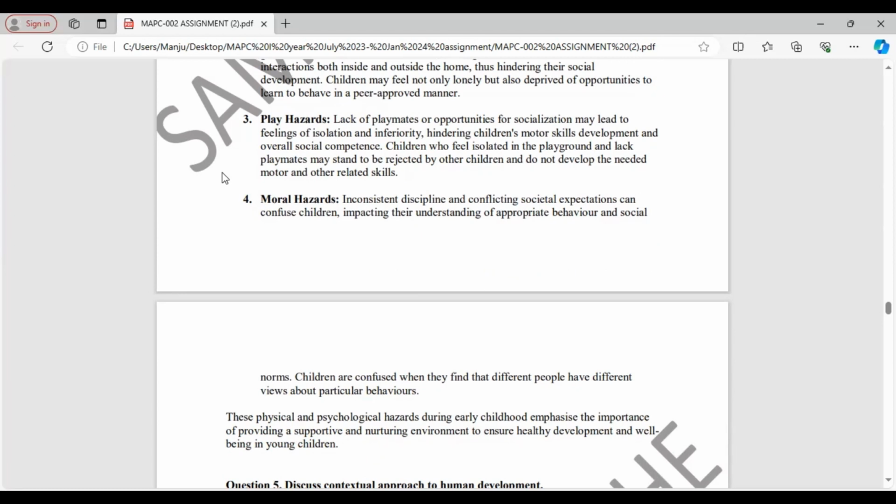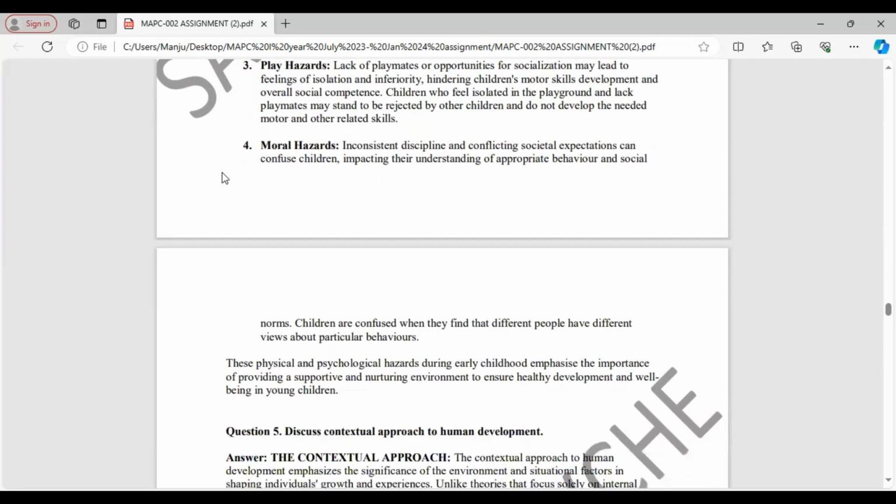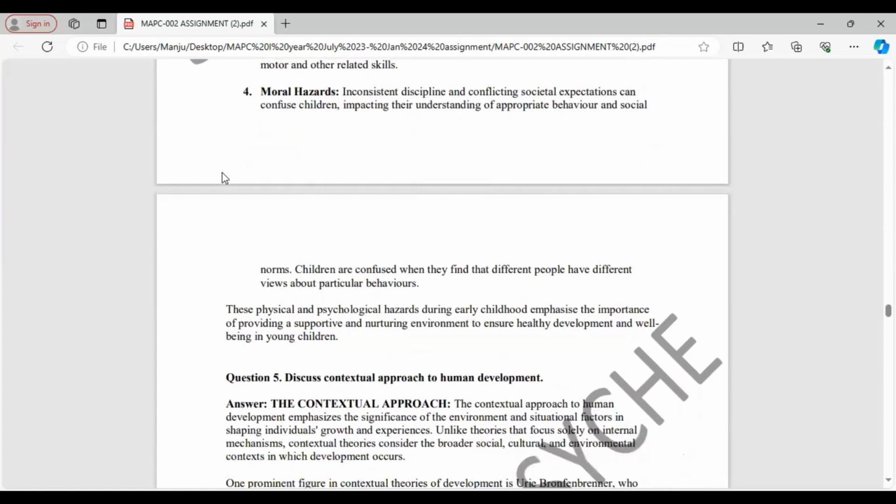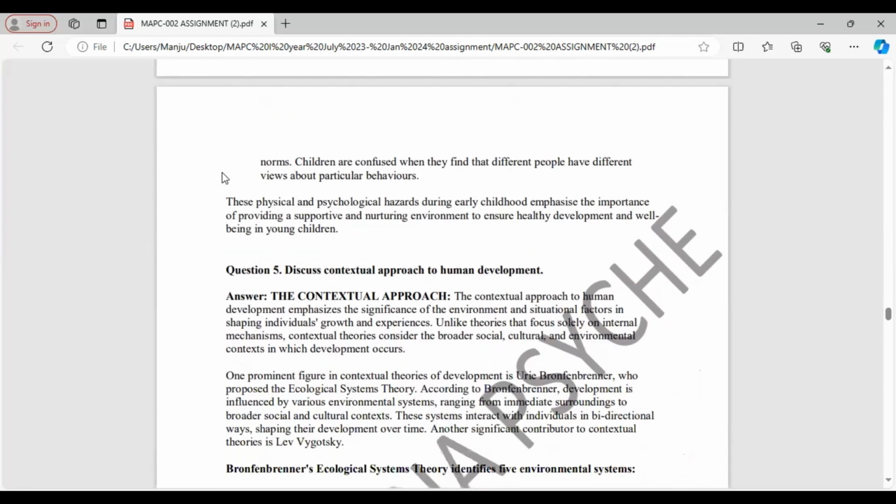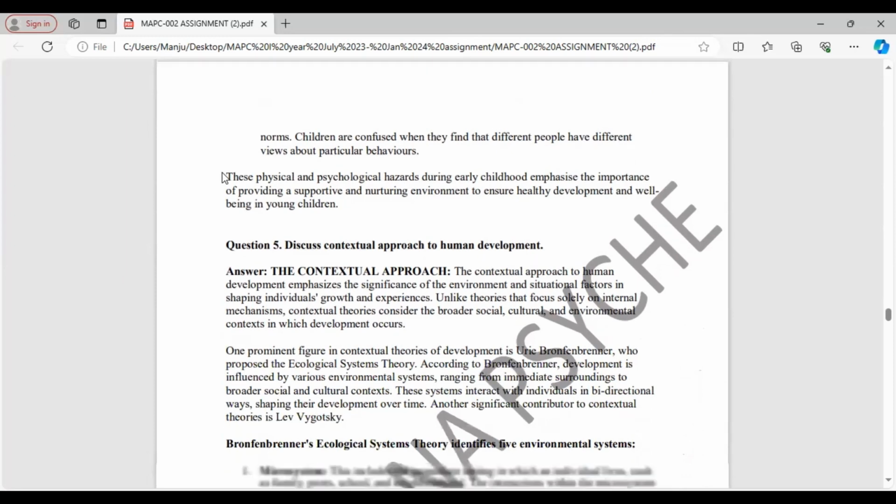And children who feel isolated in the playground and lack playmates may tend to be rejected by other children, and they do not develop their motor and other related skills. Moral hazards. Inconsistent discipline and conflicting societal expectations can confuse children, impacting their understanding of appropriate behaviors and social norms. Children are confused, especially when they find that different people have different views about particular behaviors. And after concluding this answer, we move on to